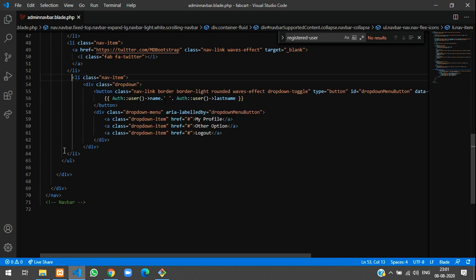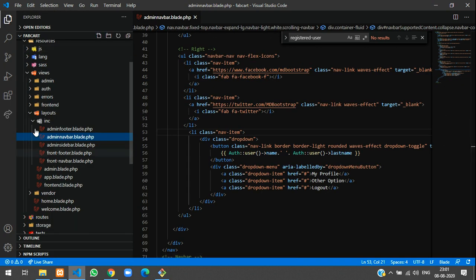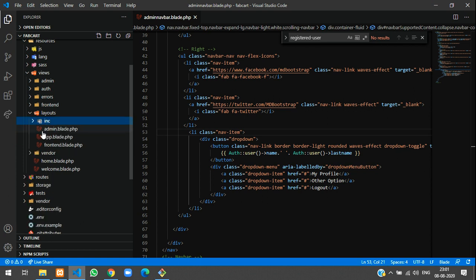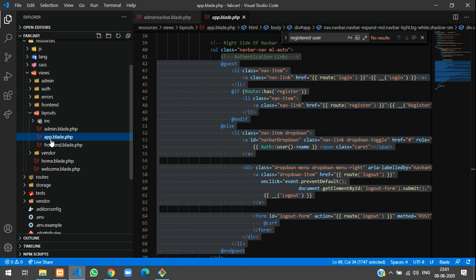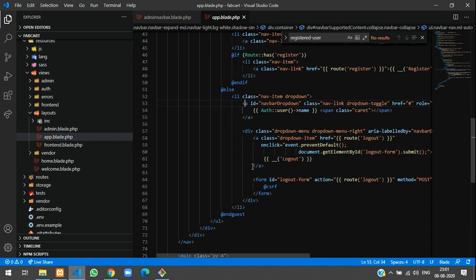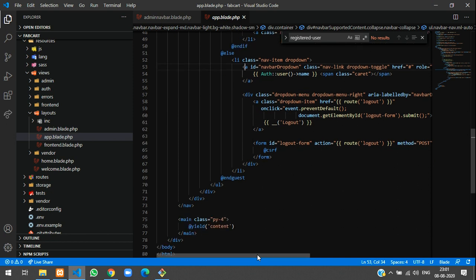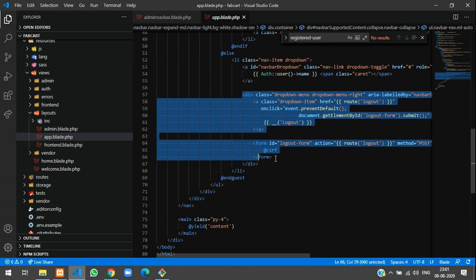Let's open the app.blade.php file, which is the Laravel default that they gave, and here is the thing for copying.